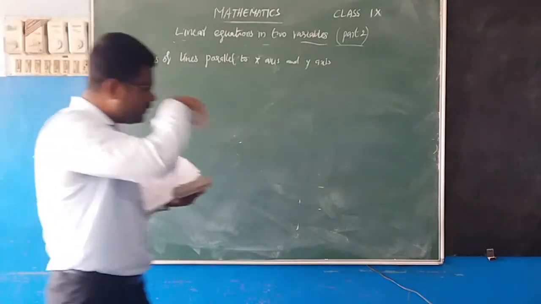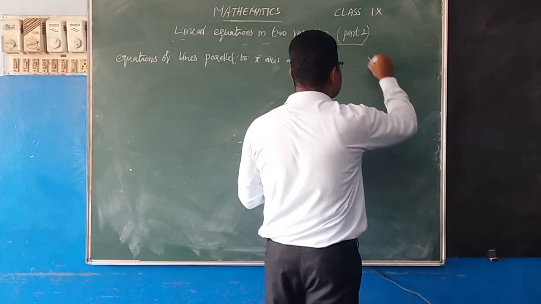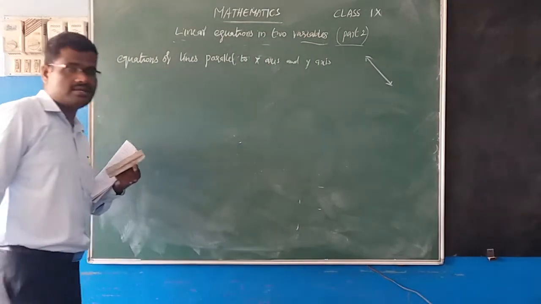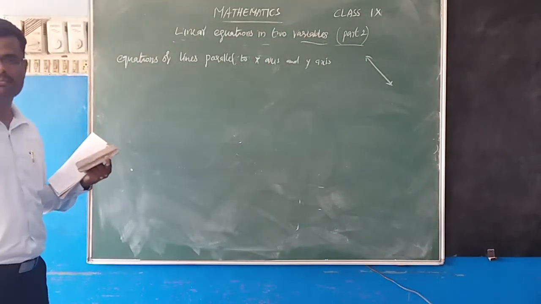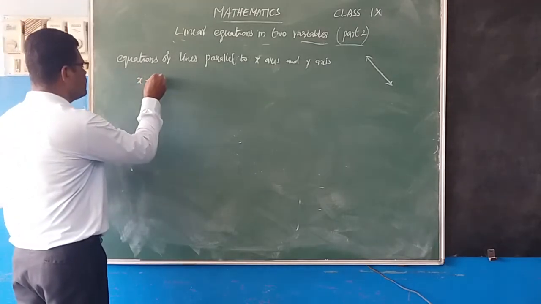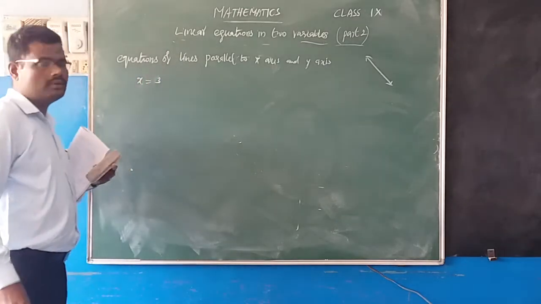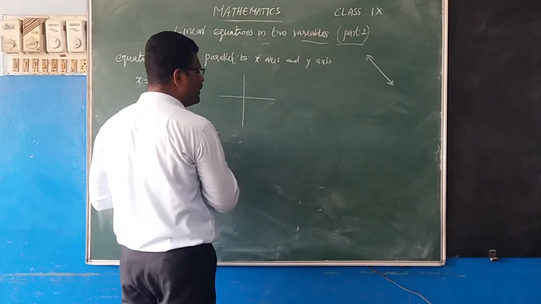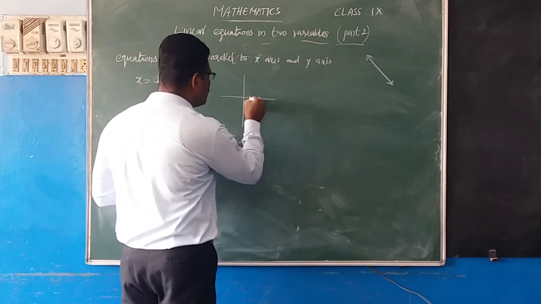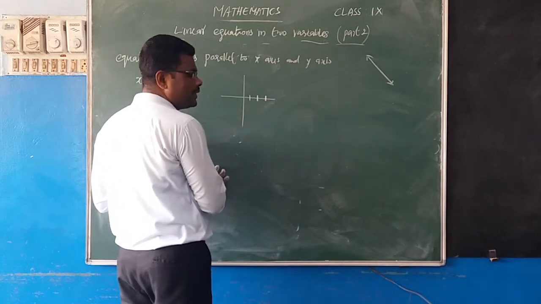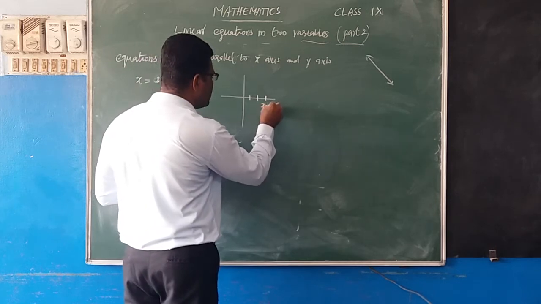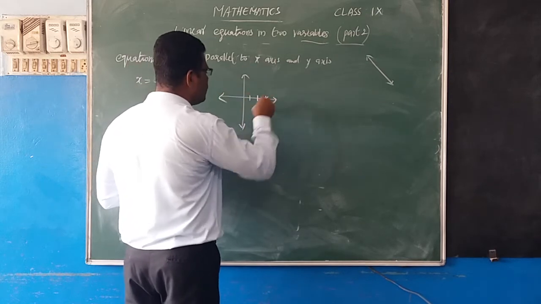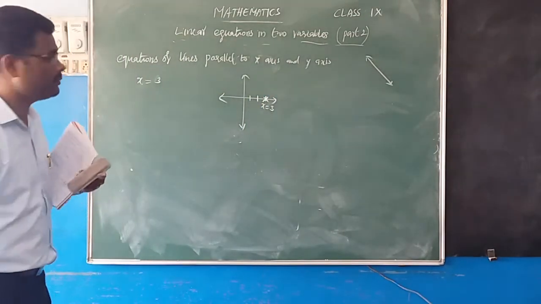Just now you have drawn the equations of lines like this. It is a straight line, isn't it? Suppose this line is parallel to the x-axis or the y-axis, then how can we draw it? Suppose the example is x is equal to 3. Suppose this is the given graph page. x is equal to 3 means this is 1, this is 2, this is 3. Clear? This indicates x is equal to 3. So the question is, draw the graph of x is equal to 3 on a Cartesian plane.